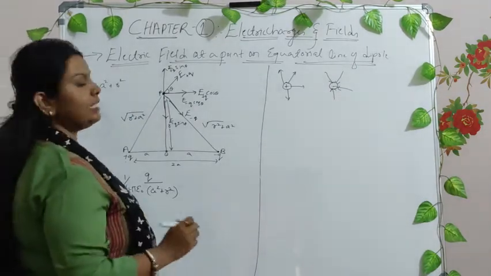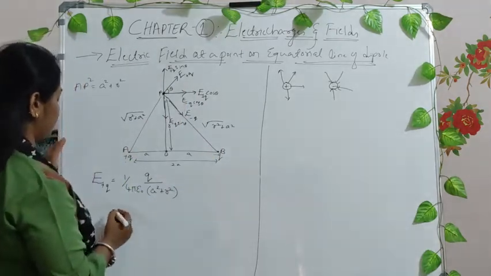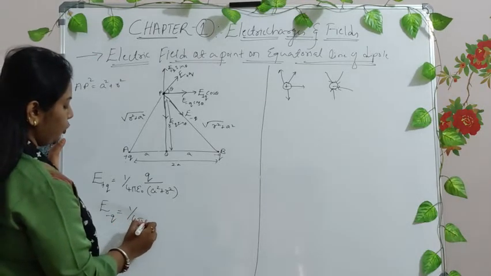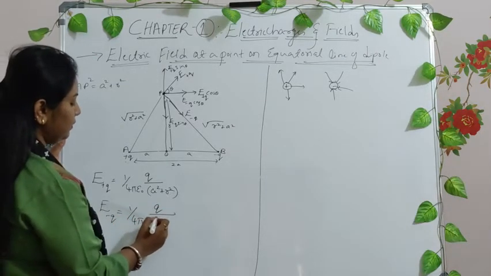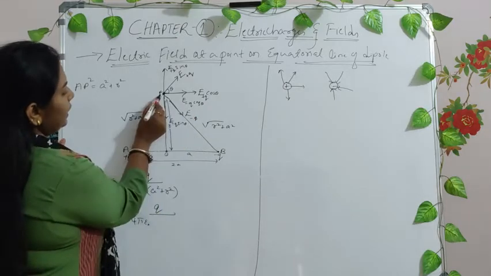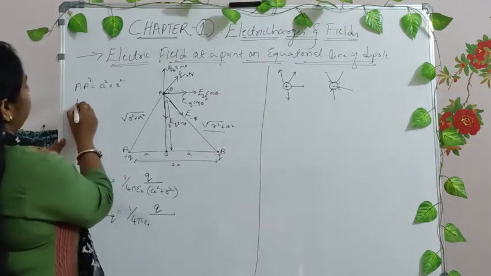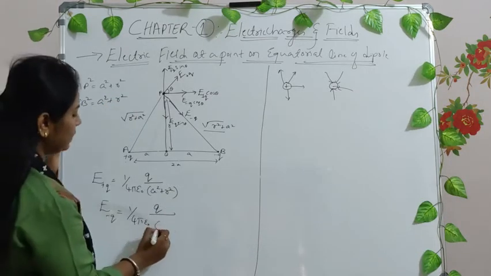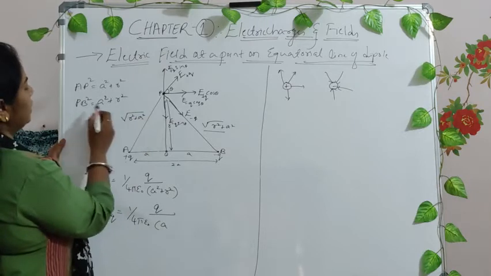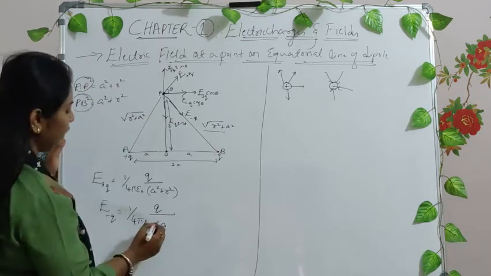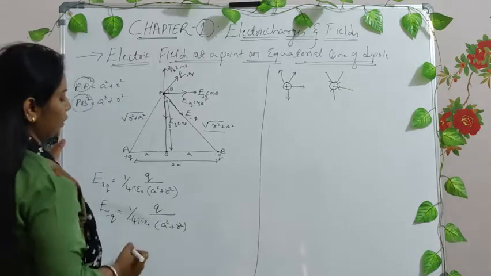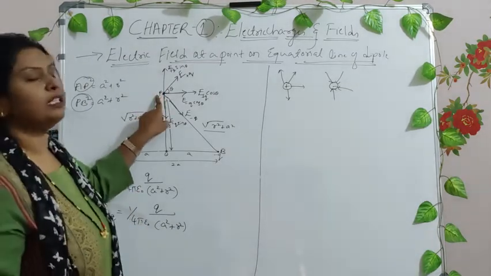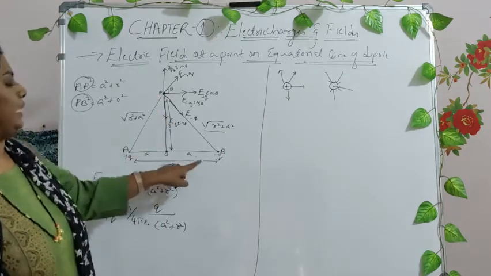Okay, now what is the electric field at this point due to minus Q? It is again E minus Q, that is 1 divided by 4 pi epsilon naught, times Q is the charge, divided by PB square, which is also a square plus r square, right? So instead of writing root of a square plus r square, we write AP square and PB square, that is a square plus r square, right? Now these are the two electric fields acting at this particular point P due to the electric dipole.